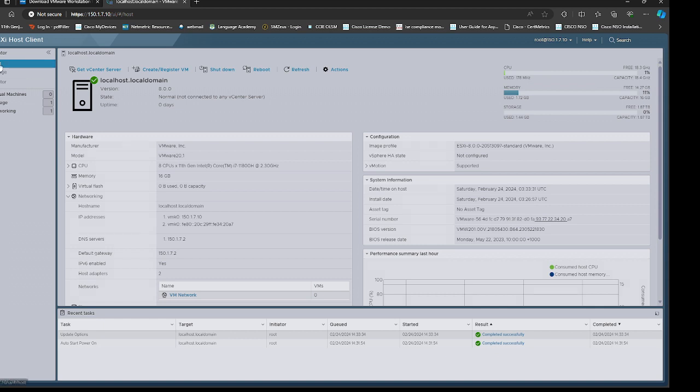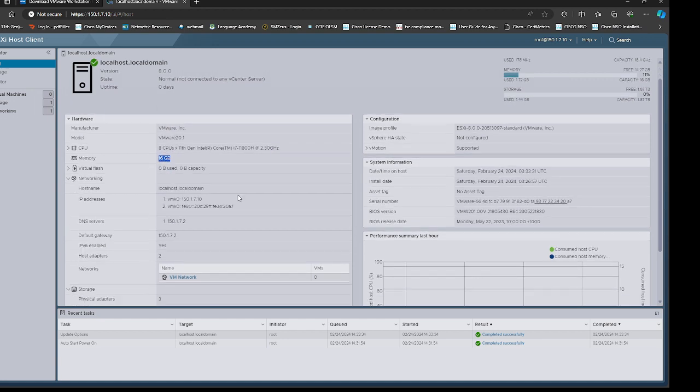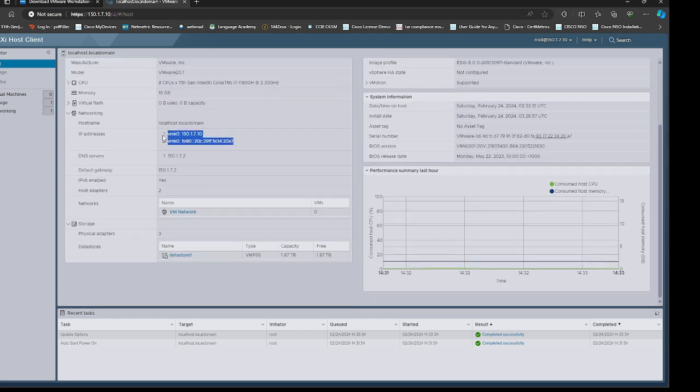Next, on the left hand side, I'm on the host one, so that's why it is giving me the ESXi host bare metal server details over here. And here I got all the details. If you want to verify, you see that I got one IPv4 address and one IPv6 address. My default gateway is this one. And in the storage, you see that the physical adapter says 3, but it is only 2. For data store, I got only one data store. By default, it has been given the name datastore1.